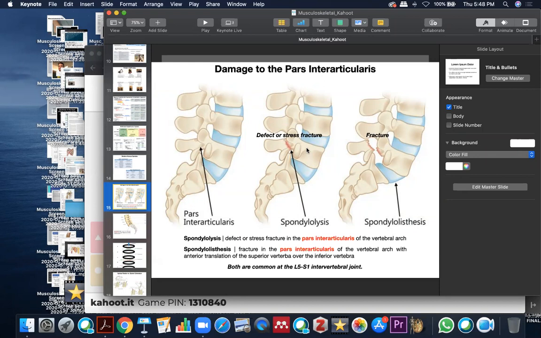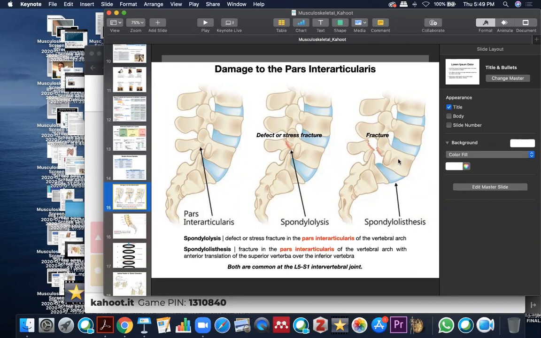But the difference is that spondylolysis is just either a defect or a stress fracture. So you don't have a complete separation of the two halves of the vertebrae like you see over here. If you have a complete fracture, then you have spondylolisthesis. And so the hallmark of this is that whatever the level is, so in this case, yeah, that's actually a good way. Longer word, more serious. I like that. I do like that. So you have whatever the superior,